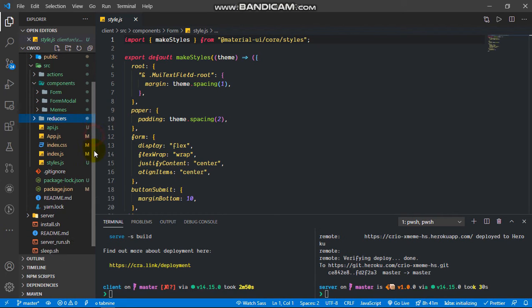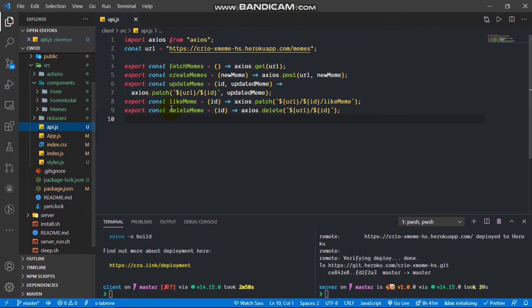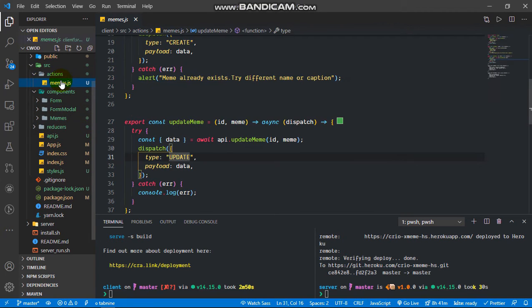So basically what is happening is we have an API.js file that is pointing to our backend, Cryo xmeme, that is my backend. I've made five URLs, five functions that are making an Axios call. For example, for fetching memes, we have axios.get URL. Once it makes an axios.get, it will dispatch an action.